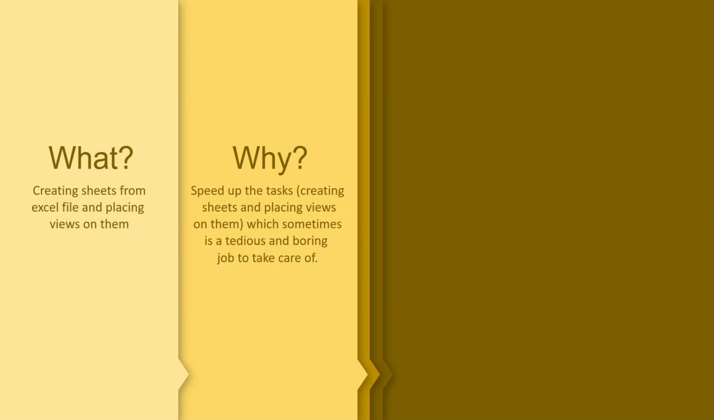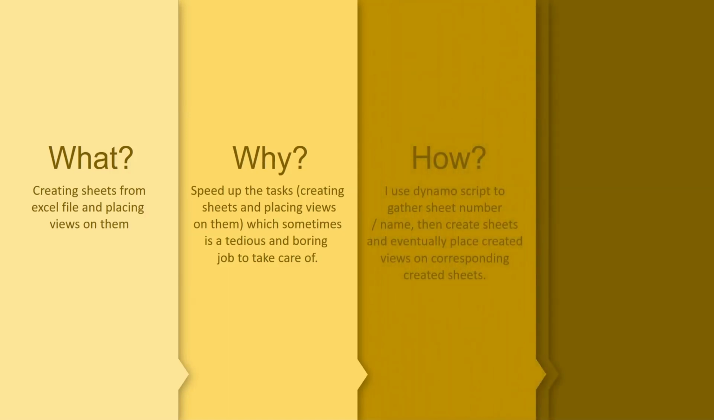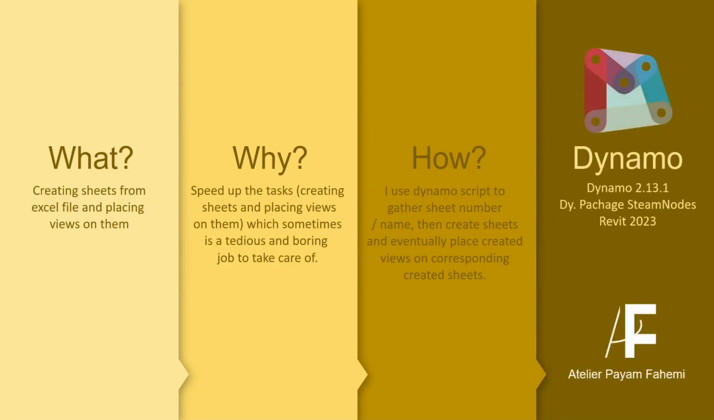As a matter of fact, imagine if you have 100 sheets to create, rename, and renumber. Sometimes the outcome would not be as accurate as it should be in terms of precision. So I use a Dynamo script to gather sheet numbers and names, then create them, and then eventually place the created views on the corresponding created sheets. For this tutorial, I'm going to be using Dynamo